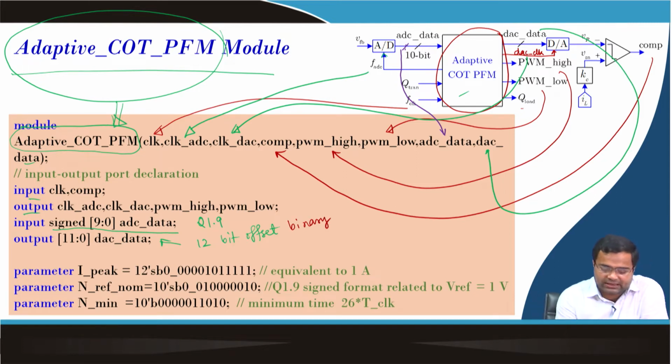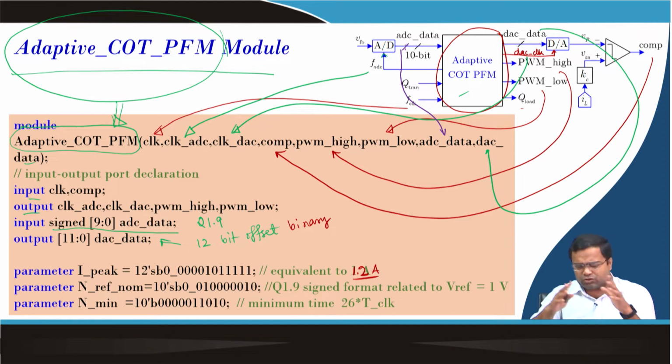Then here we are setting a peak current reference which is equivalent to 2, but we later found it is 1.2 ampere. It is roughly around 1.2 ampere. Yeah, closely, I mean it can vary just because there are some other delays and all. So, the target is 1.2 ampere. Then we have a reference nominal voltage which is set to 1 volt,